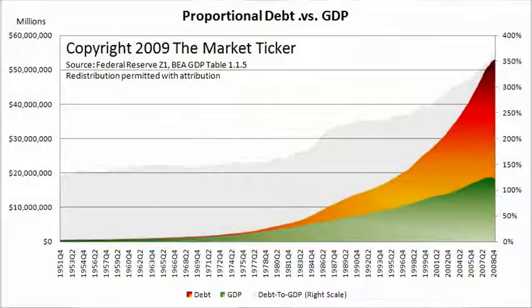That's a problem. I want to bring up the debt to GDP numbers as well. I added another area to this, and that is the percentage of debt to GDP. We're going to start with the big chart that goes all the way back to the 1950s, and you can see that we had a very stable situation up until about the mid-1980s, when all of a sudden the debt to GDP ratio started to take off.